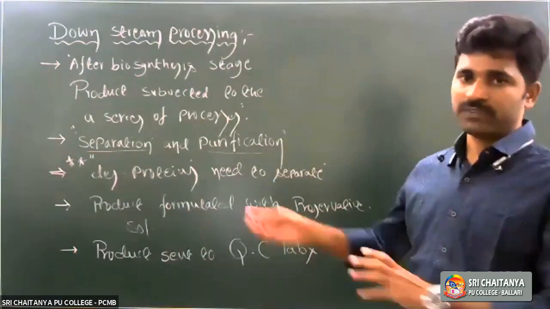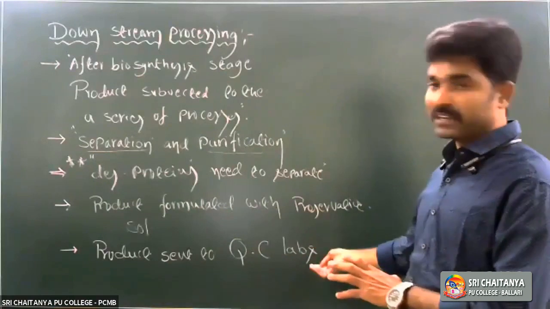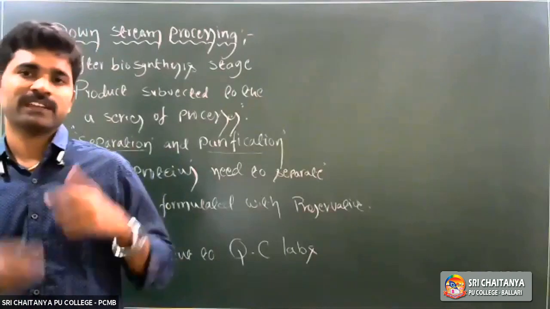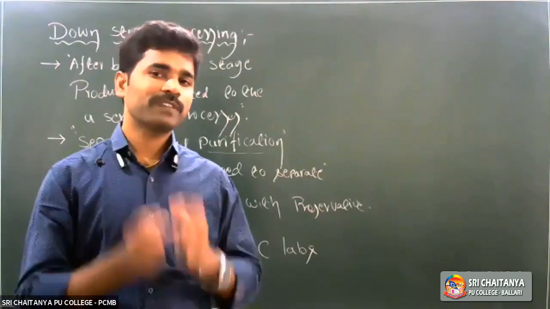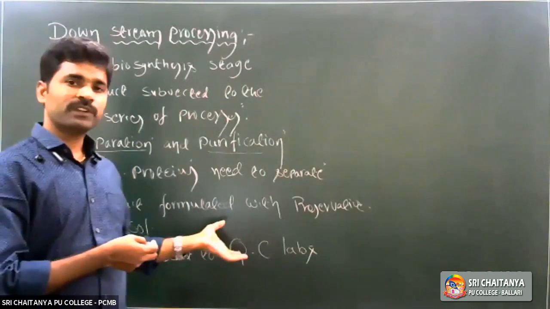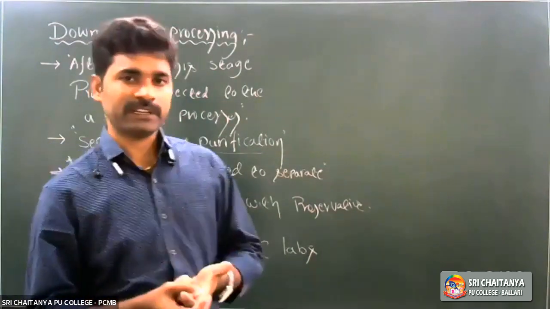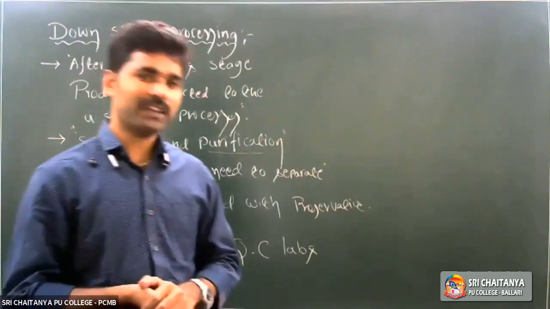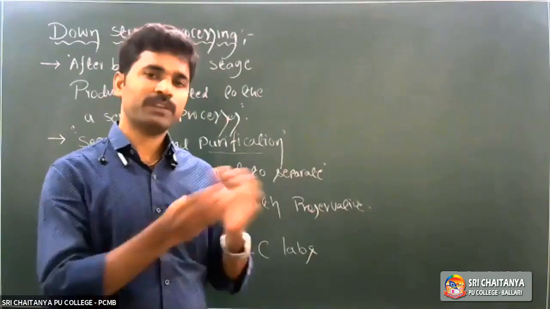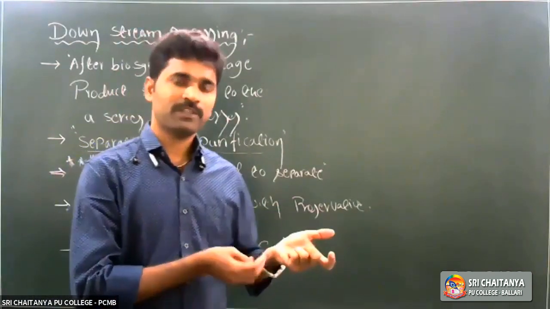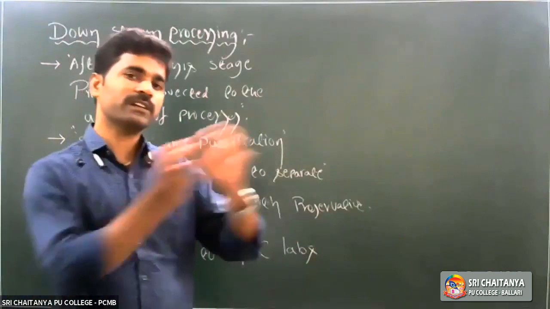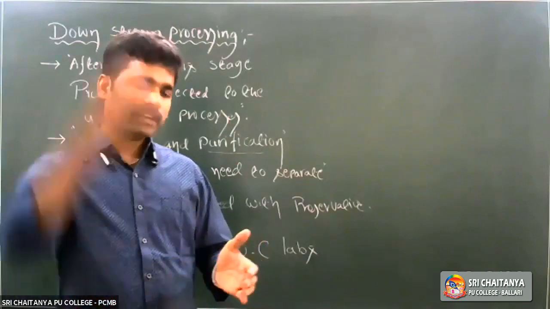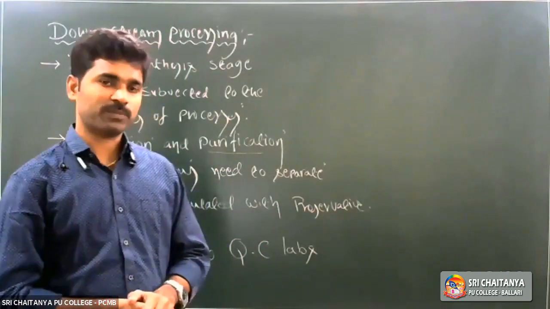If it is a protein, we send it to quality control laboratories. If it is a desirable drug, either a vaccine or antibiotic, we send it to quality control laboratories to check the viability of the drug. They perform clinical trials on mice, monkeys and some human volunteers. Finally, if it is viable, the drug is distributed to the public. If it fails, then that entire recombinant DNA technology process is waste.